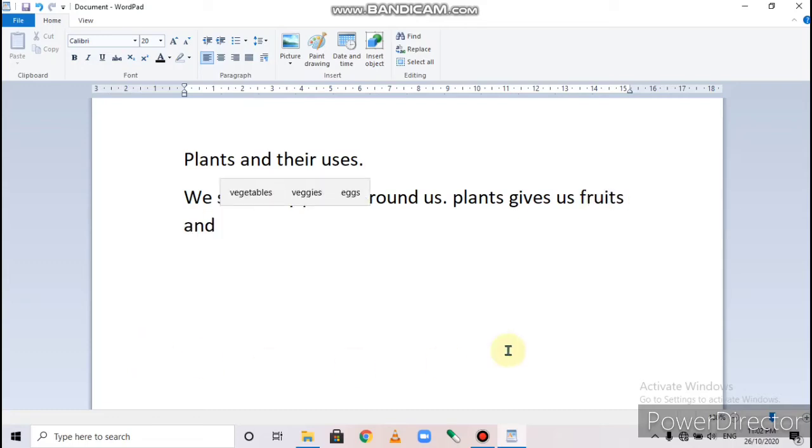You can see the first line is ended here, then the cursor will move automatically to the next line.